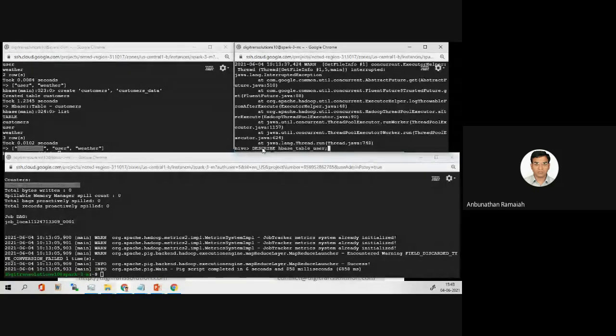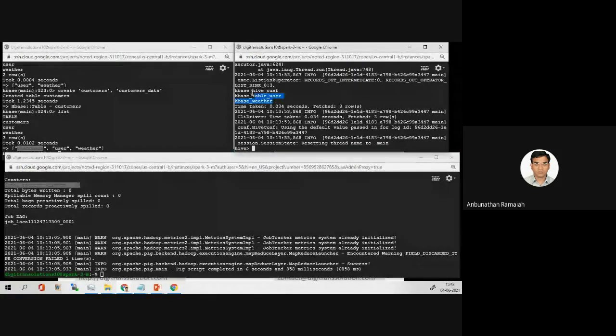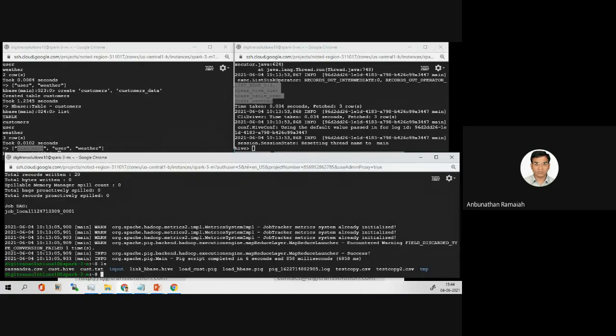First we'll create a script here. So here we will check ls. cust.hive is already there, so we'll drop this first. We'll delete this one. We'll create a new script.